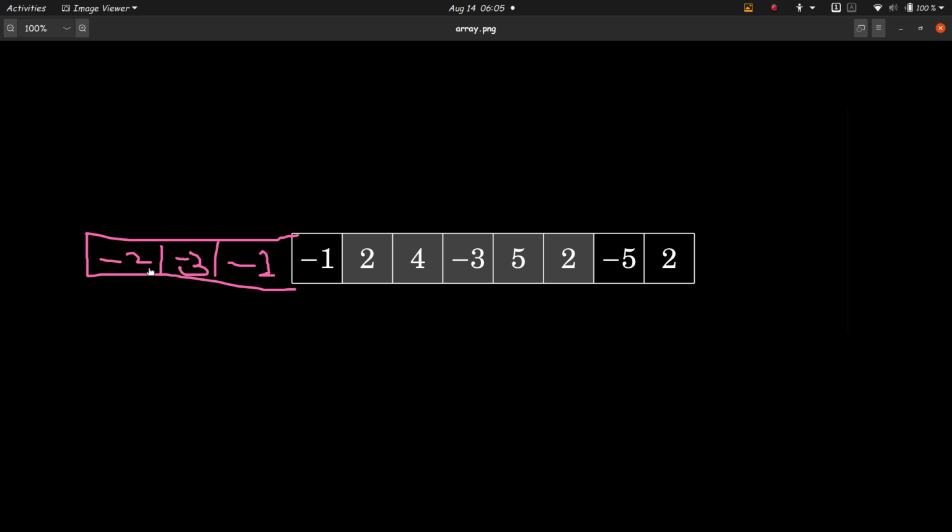So what happens is that unless and until all the elements in the array are negative numbers, this part of the array, the leading negative numbers, is actually useless for us. So why don't we just skip it and start from the real possible solution?